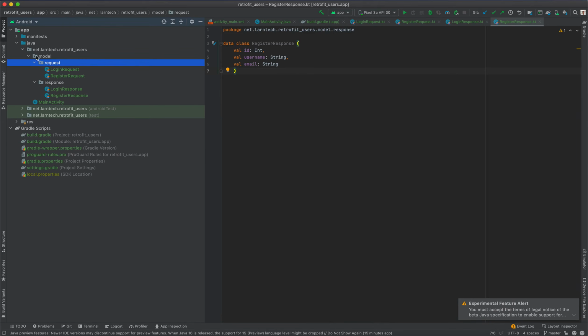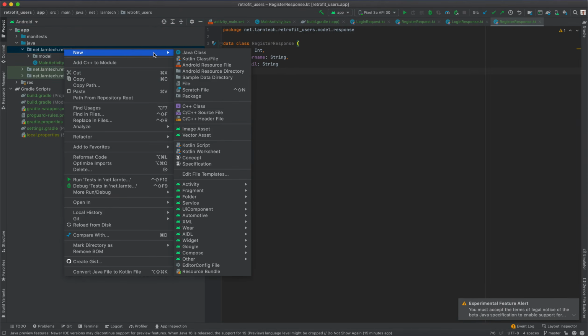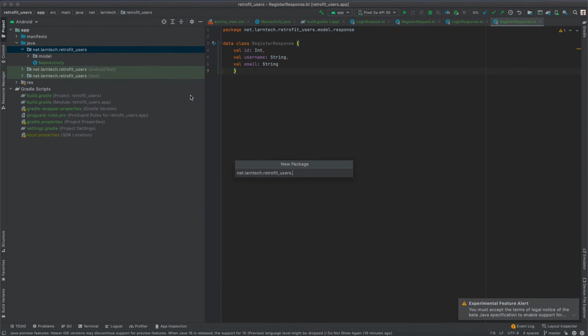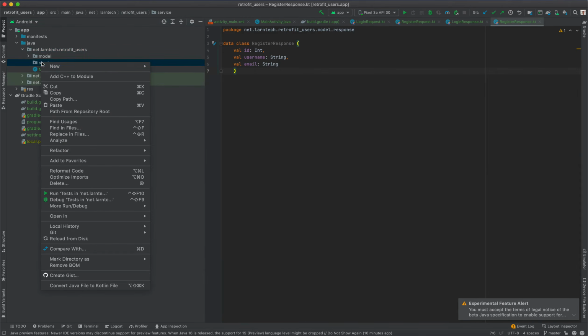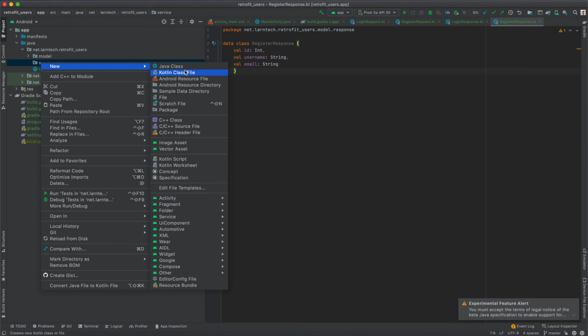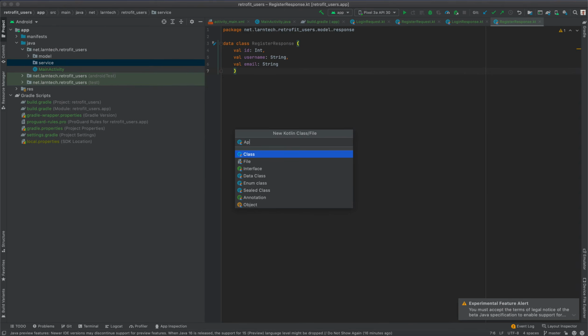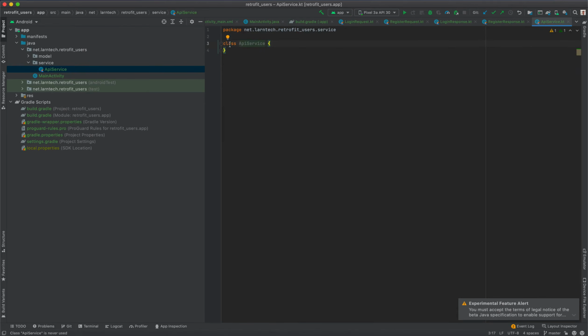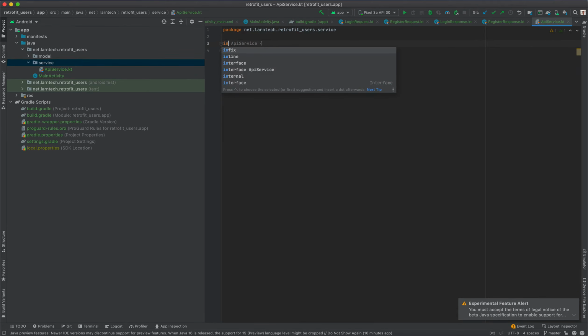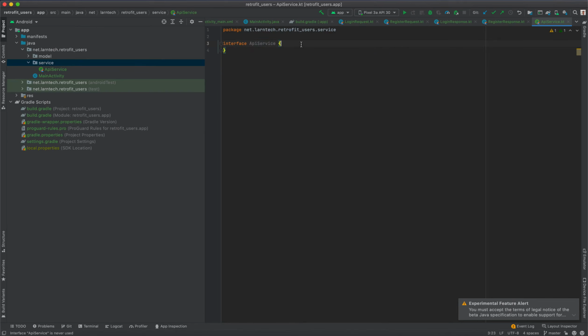So what I'm going to do, I'm going to create a package here, and I'm going to say service, and then within it I'm going to create a class, and I'm going to say API service. This one should be an interface, and within it I'm going to have @POST, and then I'm posting to authentication,